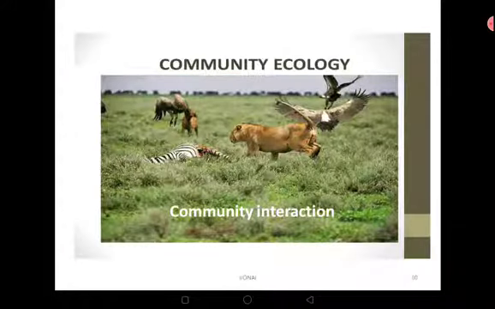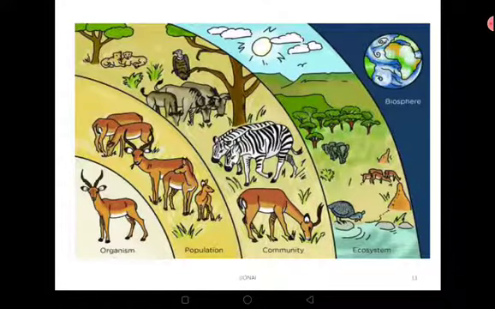And then a community there, you can see different organisms interacting with each other and with the environment. You can see others are hunting, others are being hunted, and so on and so forth. So that is a community. So in summary, we have the smallest living entity as an organism, and then a number of organisms form a population,